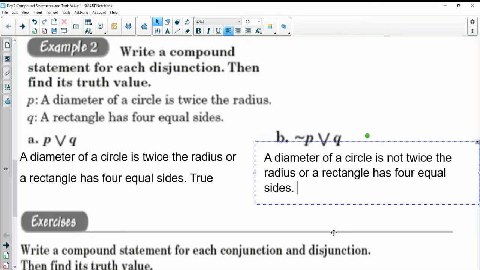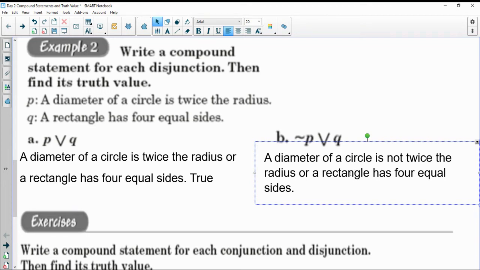Or a rectangle has four equal sides, which that can sometimes happen. Like I said, a rectangle doesn't have to have four equal sides. What a rectangle has to have is it has to have four right angles. So that's what it has to have. So we're just going to go ahead. It can possibly, like, there's a weird thing in there where a rectangle